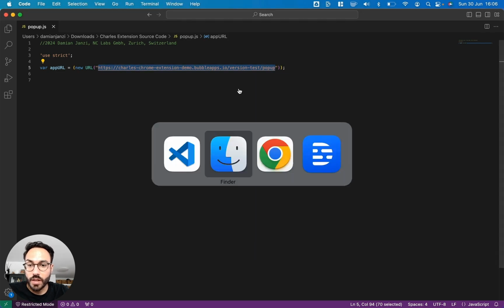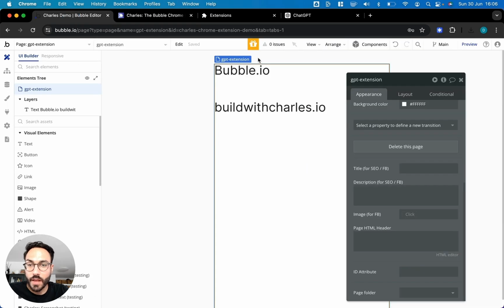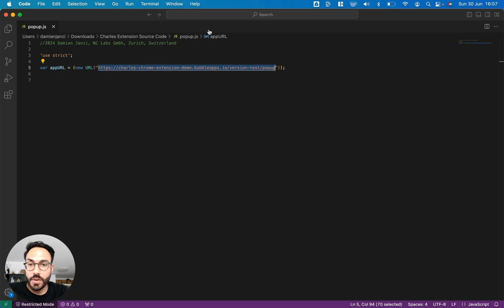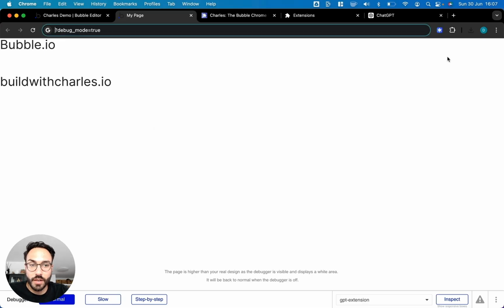So let's head back to Bubble. I just created a new page. So let's preview to get the URL, selecting the full URL here without the debug mode true parameter, but I am using the version test so that every time I make a change, it's directly live in my Chrome extension. So copy this, head back here, paste this in, then